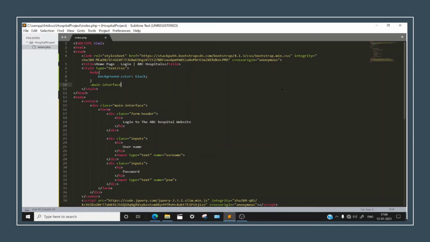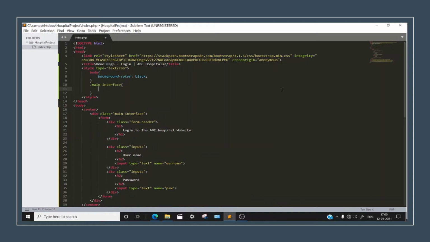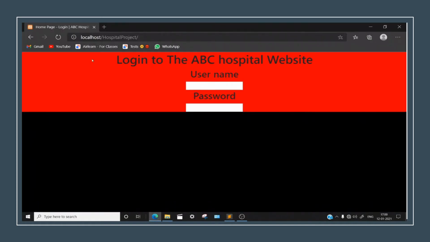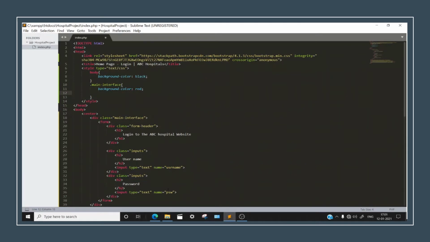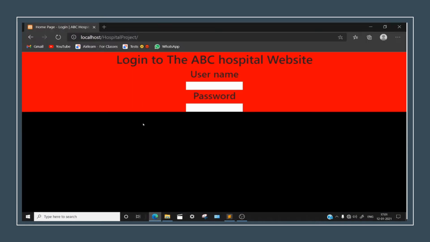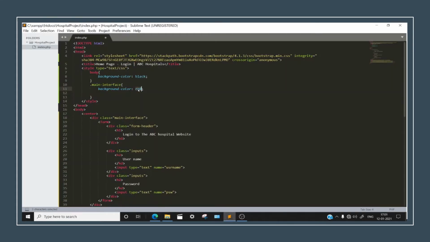What this will do is keep all the things in the proper place. Background color to be kept as red. Don't forget to save and see now. This div is completely done. Now you can see that this is touching these edges and I don't like that. So let me just keep this white for now.